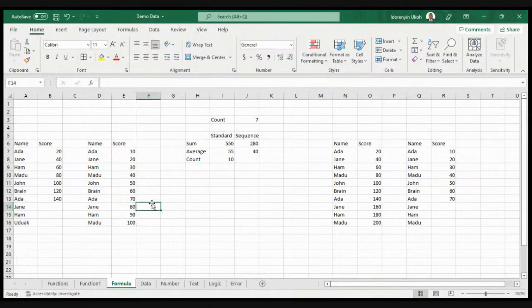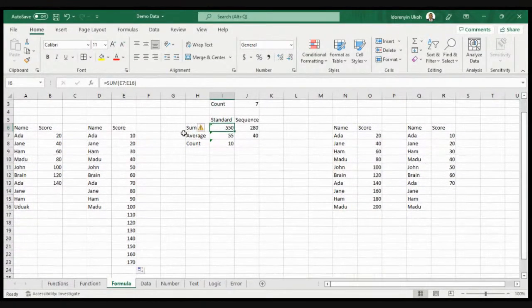So if I want to increase this score now to, let's say, 15, for this formula to change, I have to drag this. You notice that the formula is not changing because it has not captured the range. Because what did we say before in our formula? The range is between E7 and E16. And now I'm looking to calculate more than that range.